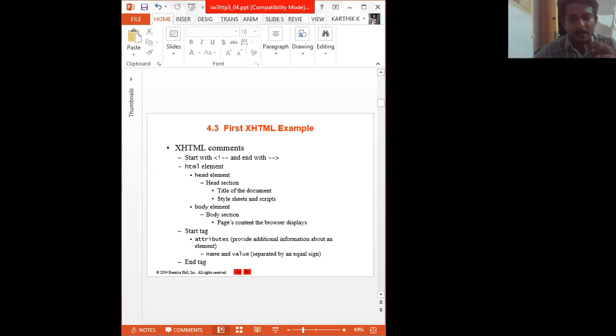First, XHTML examples. This chapter presents XHTML5 markup capabilities and provides screen captures that show how a browser renders them. You can download the examples from the book which we are going to refer to.